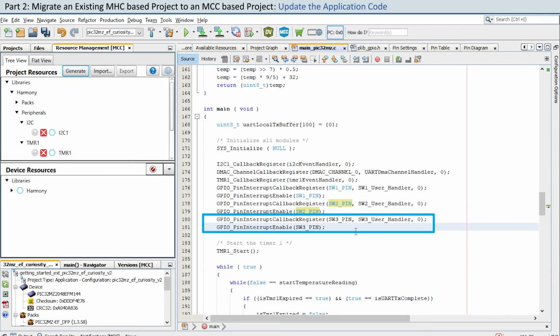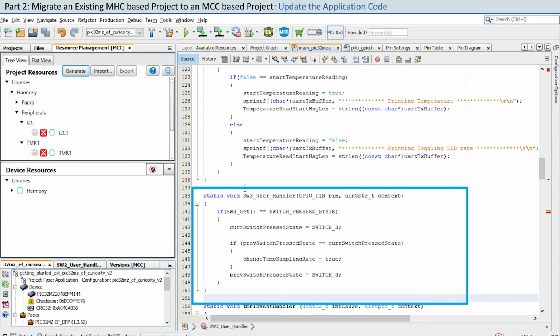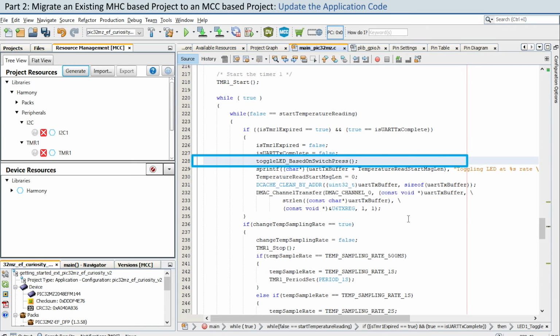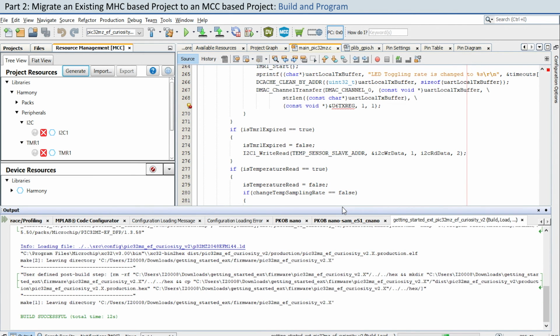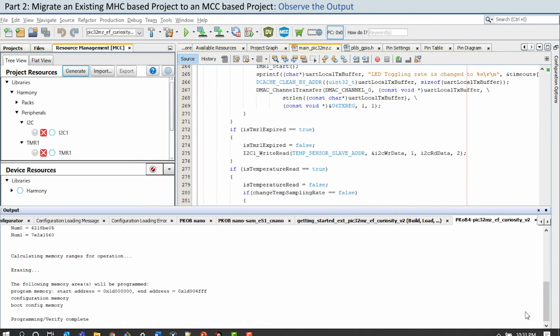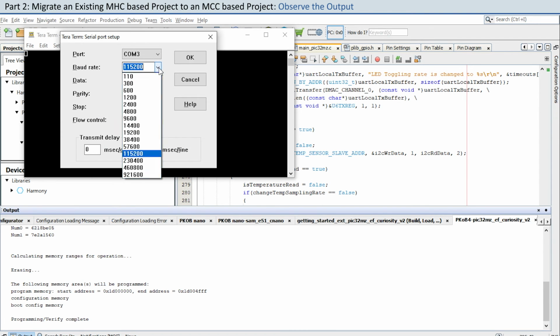Update the application code as shown here to toggle LED 1 when the switch SW1 is pressed and to toggle LED 3 when switch SW3 is pressed. Click on the Make and Program button to build and program successfully. Open the Tera Term application or similar and connect to a COM port and click OK. Set the baud rate to